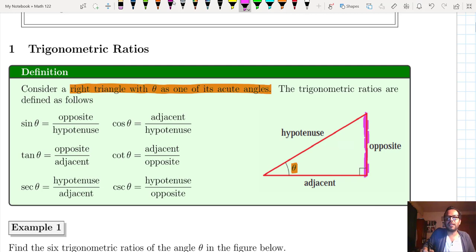Adjacent means close to the angle. Notice how this side is adjacent, because it's close, not opposite, not facing the angle from the other side. And this is how we define